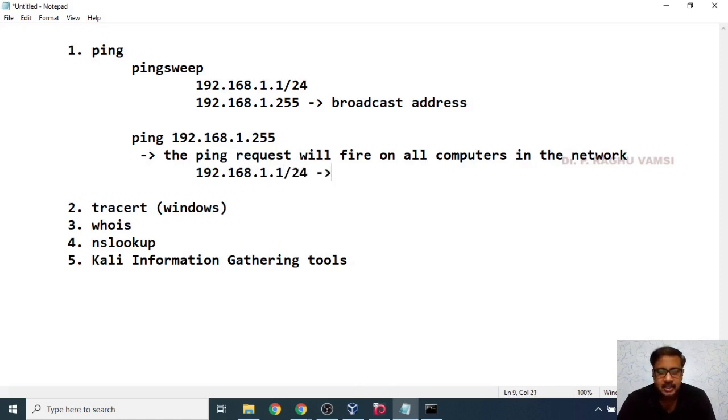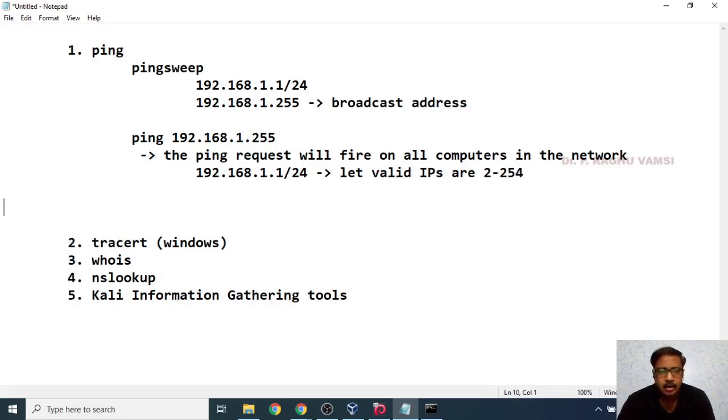Assume that the valid IPs are from 2 to 254, then all addresses from 192.168.1.2 to 192.168.1.254. So that means the ping request will go to all the IP addresses that are available in this network range. This procedure is called ping sweep.